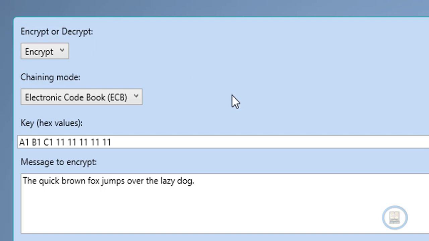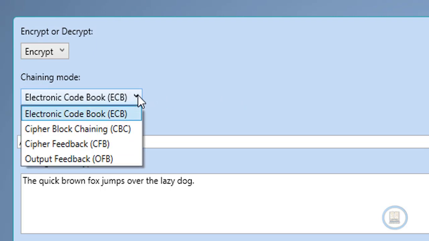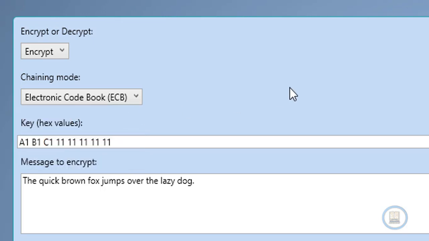Actually, when we are developing the algorithm with the help of a modern block cipher, we need to select the chaining mode. That is, it will use one block encryption or decryption at one time. Because the data will come in a sequential way, you can select one of the algorithms: ECB, CBC, CFB or OFB. It depends upon you. And when you select ECB, both encryption and decryption will use the chaining mode electronic code book.